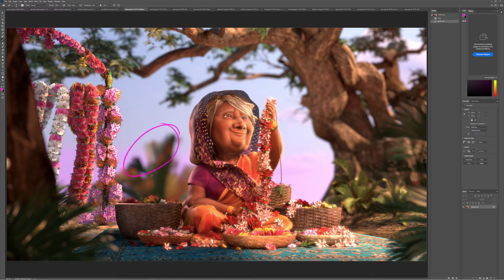There looks like there's some sharp ferns when these are out of focus back here. So it looks like something wacky going on in the comp, or something in the comp isn't quite picking up the blur the way that everything else is. So that looks really good. If you have a crypto mat on this string, I would make that brighter and whiter. And then for these flowers hanging down here, same thing. If you have a crypto mat for them, just up the gamma on them a little bit to get them a little bit brighter. And then on her face, if you could pull back a little bit of the